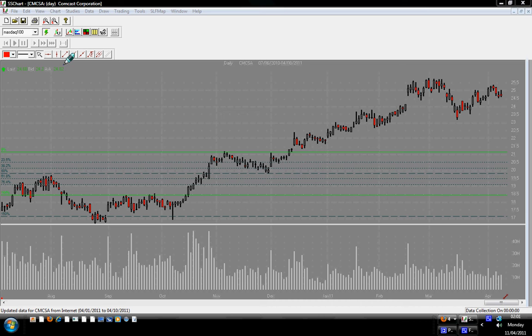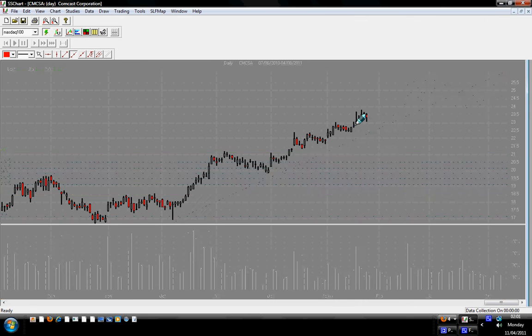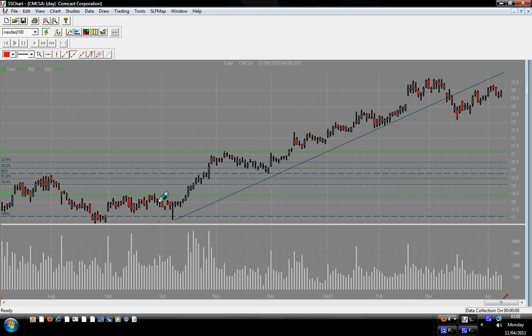We will start drawing on this daily chart very fast. All the lines that we can draw, as always, you know the drill. Now we can see clearly on this daily chart that the trend line is broken from Comcast. Not very good, because the price is out of this bullish momentum.